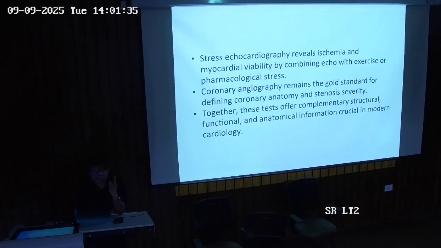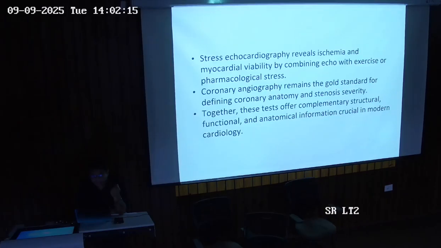Suppose a patient comes to you after 14 days or 1 week or 1 month, the patient has ischemic pain and echo is suggestive of necrosis. So we have to diagnose whether the viability of the myocardium persists or not. If viability of the surrounding myocardium is there, then we can go for PTCA or CABG. To reveal this ischemia and myocardial viability, we have to do echo along with exercise and pharmacological intervention, that is known as stress echo.